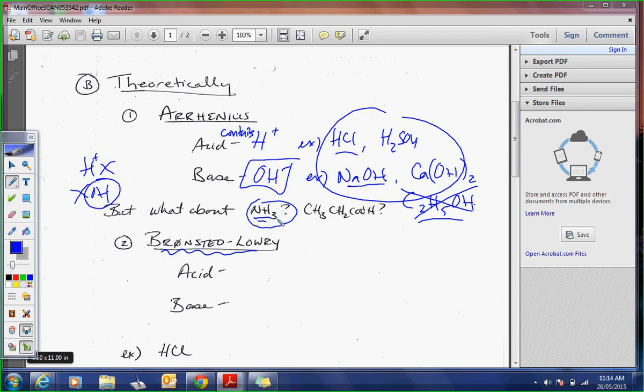Do you remember Bronsted Lowry? A little bit from Chem 20. Okay, so in Chem 20 they don't often say Bronsted Lowry, they say the modified theory to keep it a bit more simple because they think that names are scary or something, I don't know. But the modified theory or the Bronsted Lowry concept is that acids are proton donors